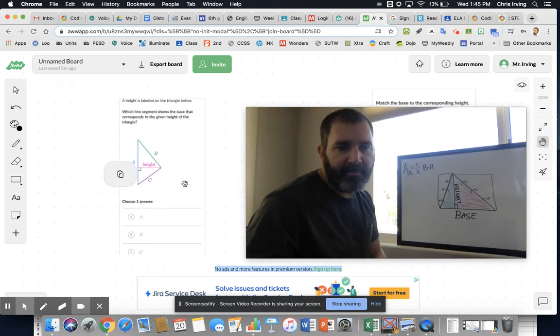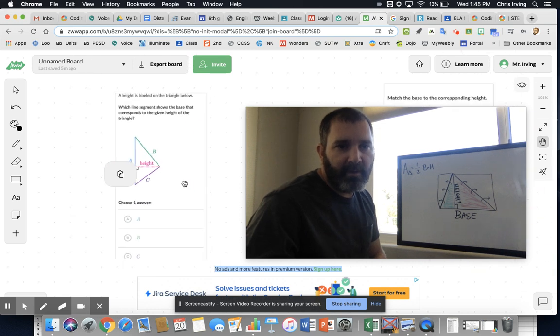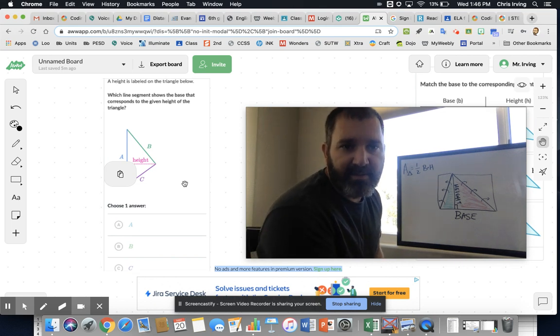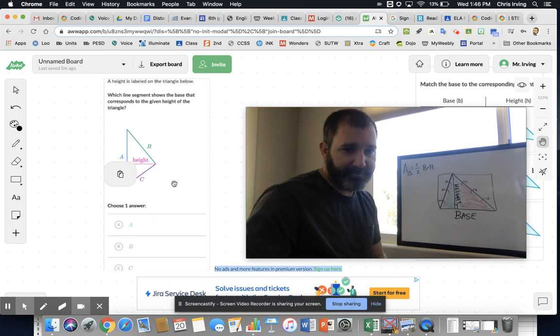Okay, it says a height is labeled on the triangle below. Which line segment shows the base that corresponds to the given height of the triangle? Okay. So again,